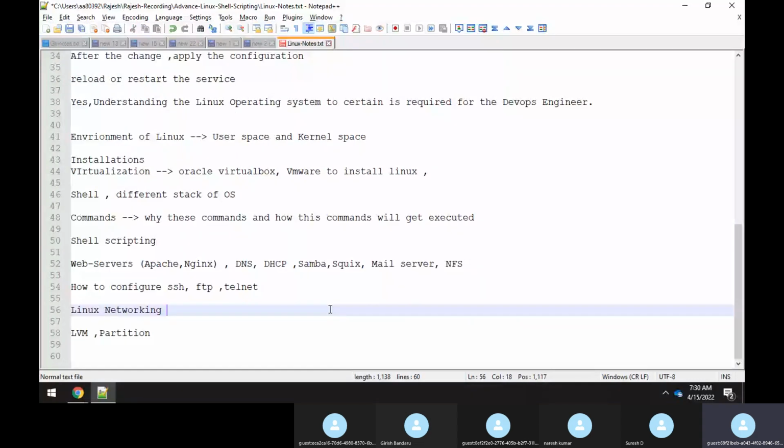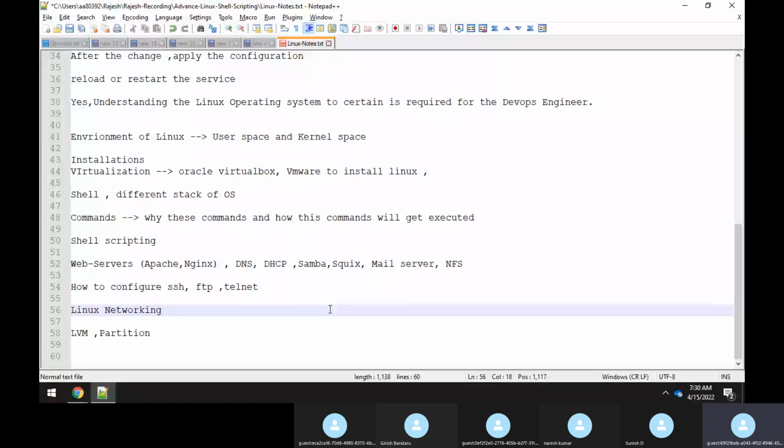See Linux, because all these days we are learning some kind of tools, right? Yes, it is good. We have been interacting with Linux because in the Linux operating system we are installing a tool, like we're installing Ansible or Kubernetes or Docker, right? But all these days we are working on the DevOps tools themselves. Those are all the tools. But what is the need of learning Linux actually?